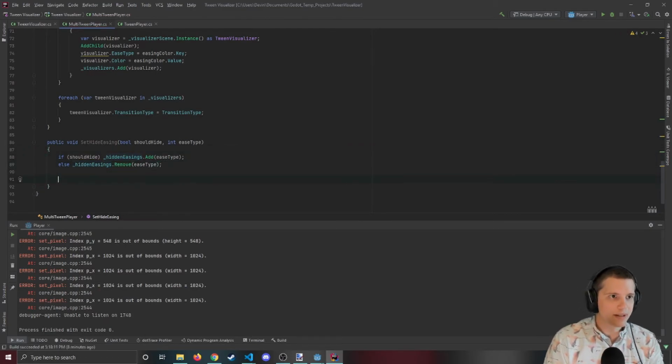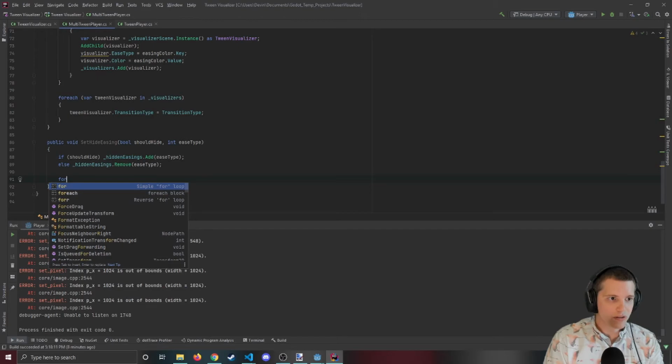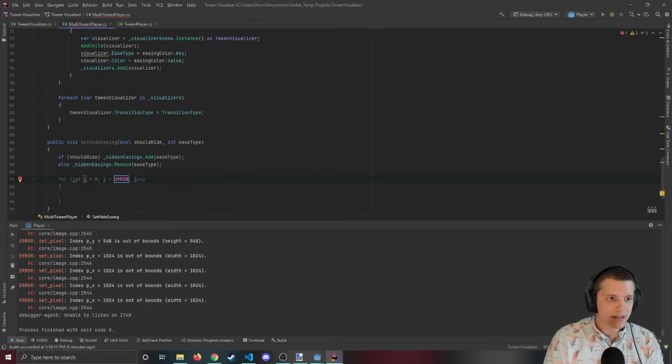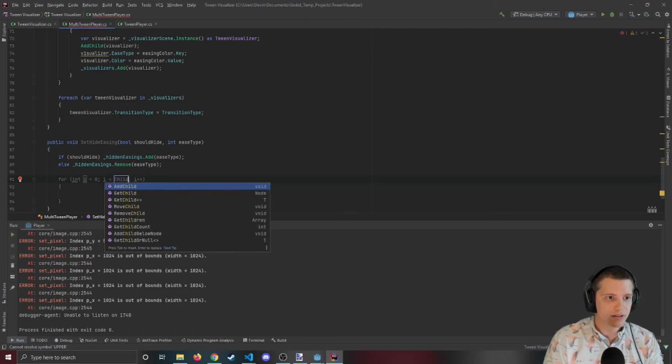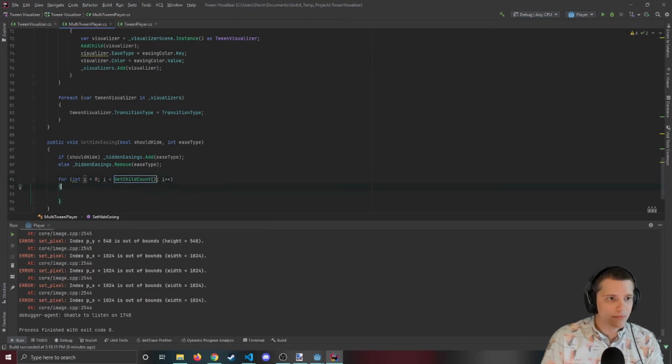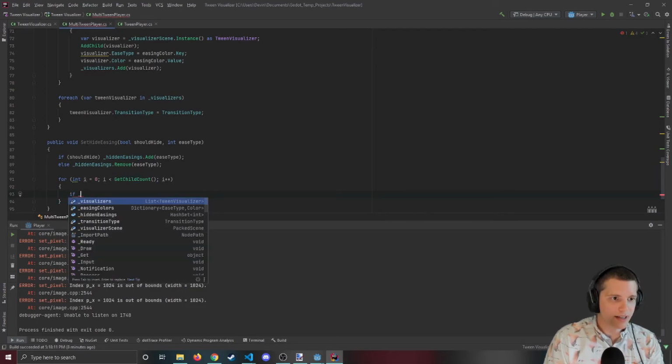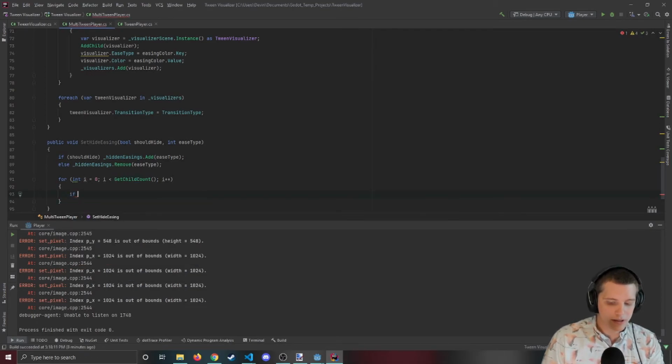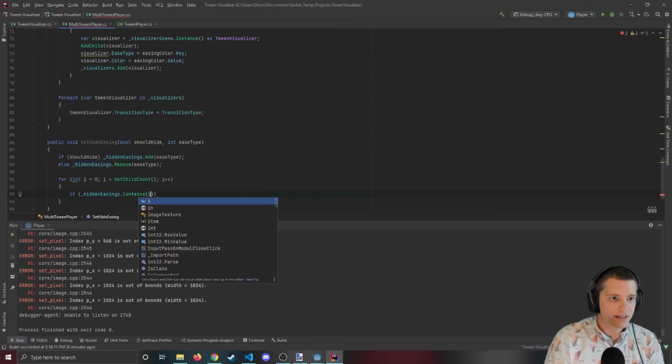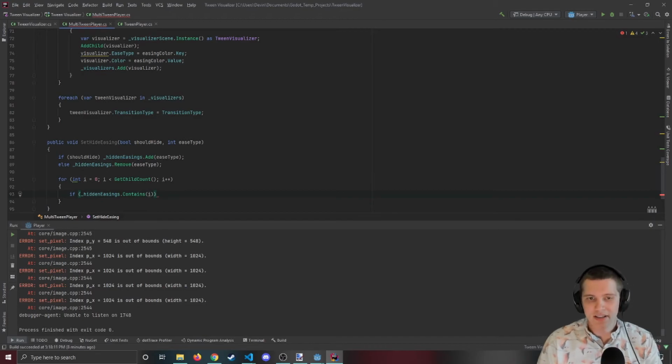And then we can simply go over, for the index of child count, if hidden easings contains the index, so we have a hash set of the integers, so if that integer is in the hidden ones, then we will